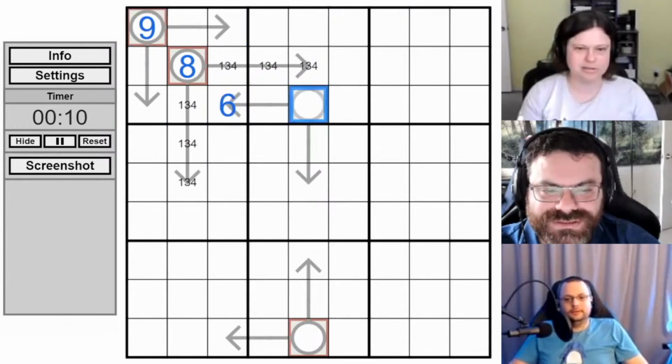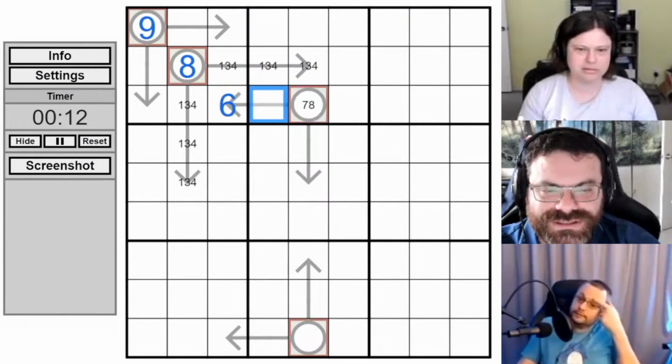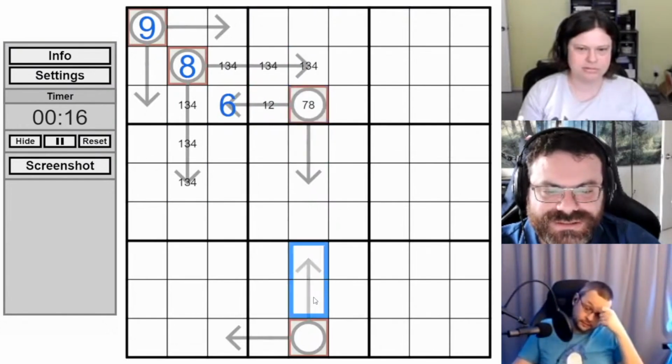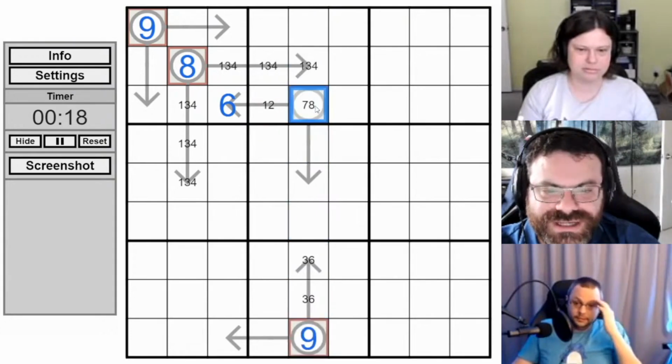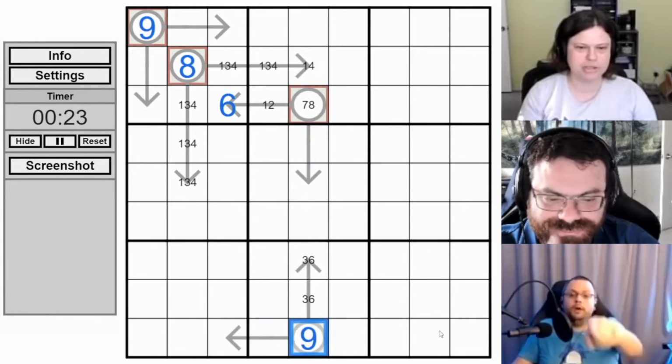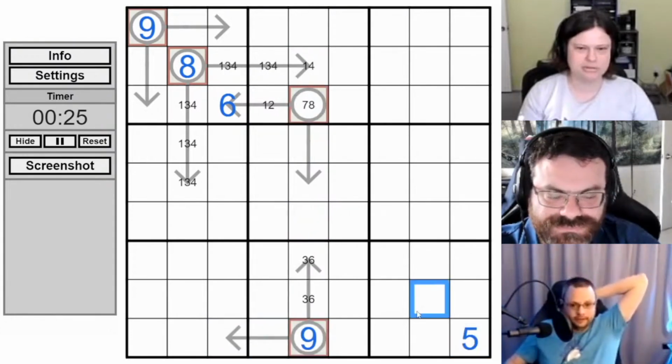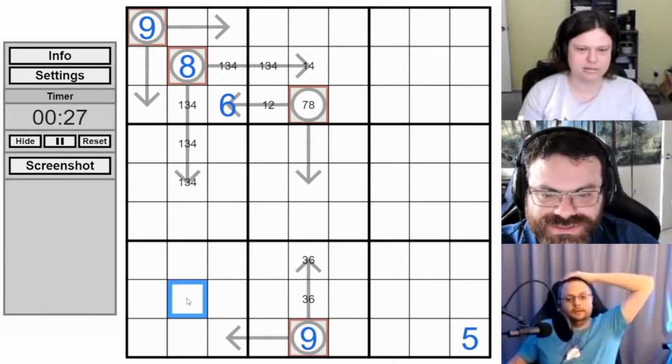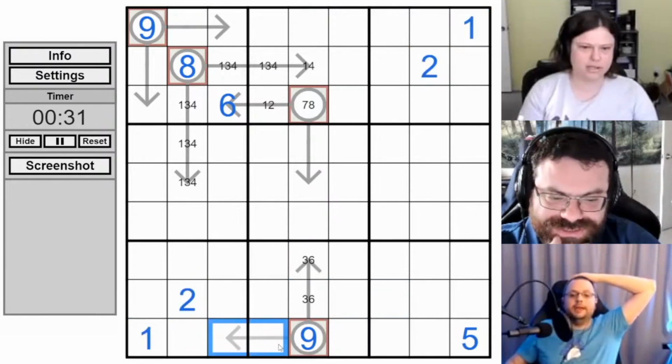This is 6, and this is 7 or 8. This is 1 or 2. That places the 3, 6, 9 here. We already knew that, which means this can't be 3. Okay, so that's about as far as we got. And 1 and 2 from the 8s and 9s. Oh yeah, so these are 2s and these are 1s. Yes. And now this 9 arrow is forced.